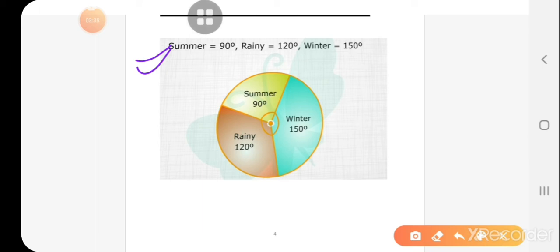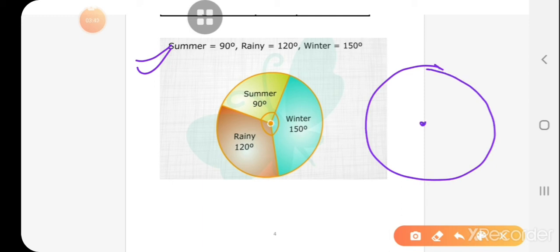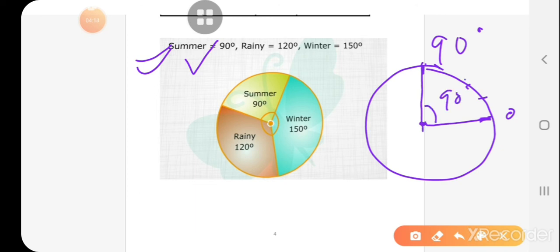First you draw a circle like this, and this will be the center. Then just join it like a radius. Now draw the 90 degree angle. Use the protractor, place the protractor here and make a 90 degree angle. Suppose you put the protractor here, then 0 will be there, then 10, 20 like this. Suppose 90 degree is here, then mark this position and join the line, so this angle is 90 degree. So here for summer, you just write it down as summer.